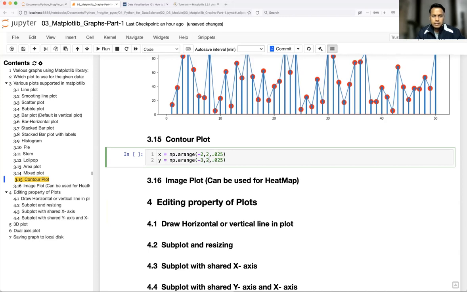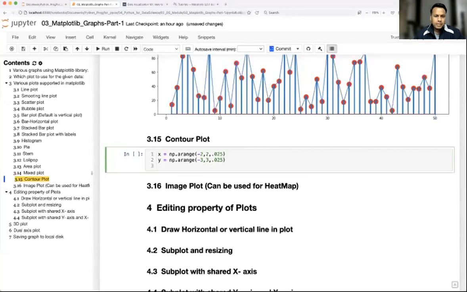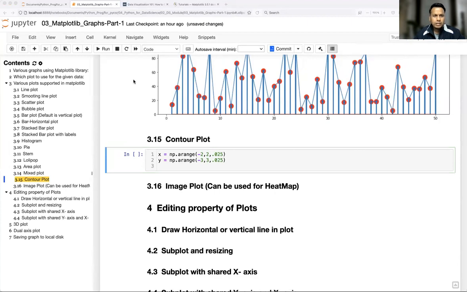This you give, let's say 3 to 3. Okay, and for plotting contour you need to have something called meshgrid. There is another function called meshgrid, so using that only you can plot the grid. Okay, so what I'll do